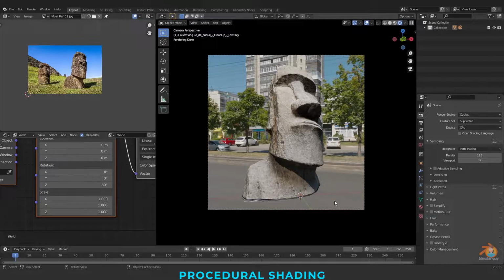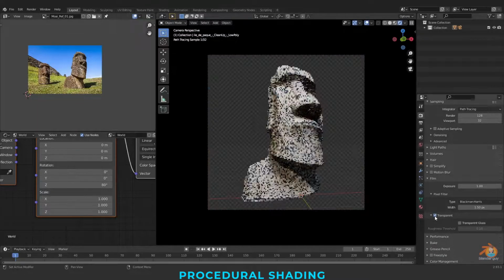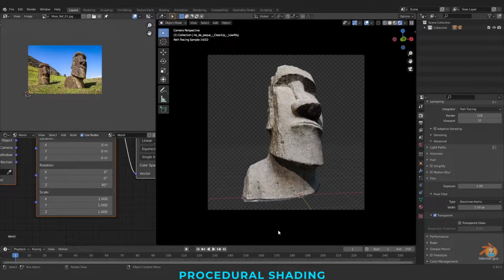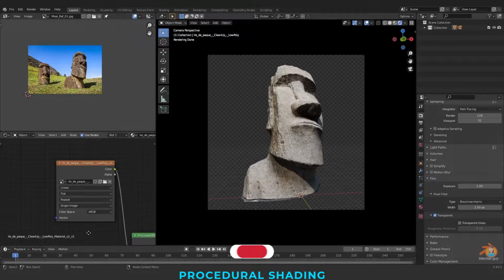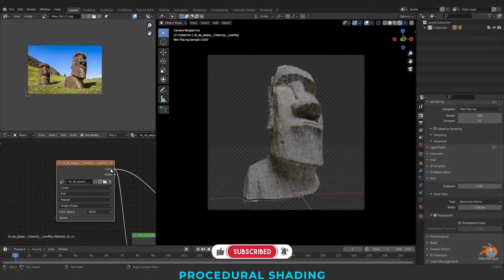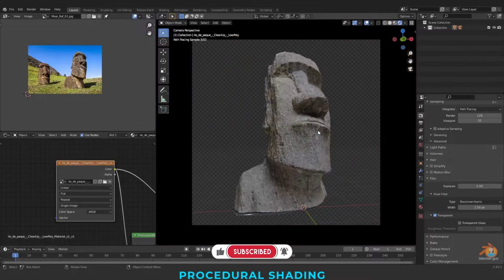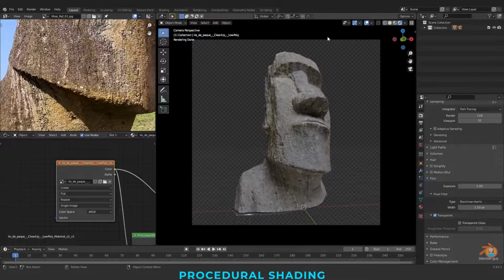So I don't want this HDRI to be in the back side. So I'm just going to the Film settings and making this transparent so the background will be transparent. As this is an OBJ, if we go to object mode, we can see a texture connected to this. To view only this texture, you can just Control Shift click on the color. We are going to recreate this texture procedurally and more realistically, and also have more control to tweak it based on our further requirements.